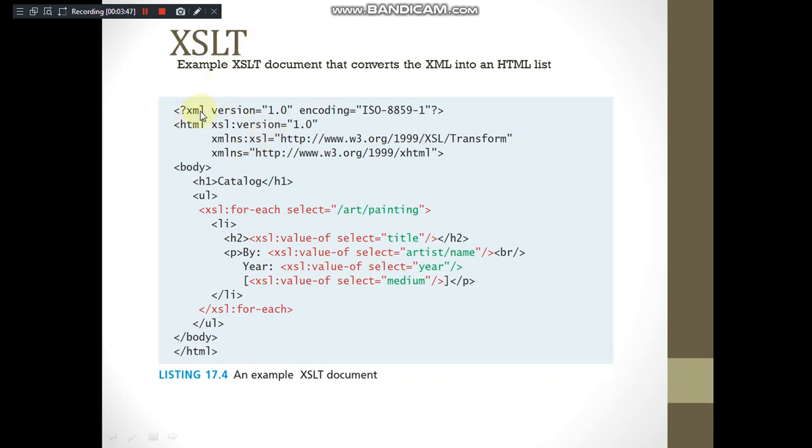You can observe that any XML, DTD, schema or XSLT file, all of them begin with a first line that is common for all of them. Remember this: xml version equal to 1.0 encoding ISO-8859-1. This is common for all these XML related files. This has to be mandatorily included, where you have to specify the version and encoding scheme.